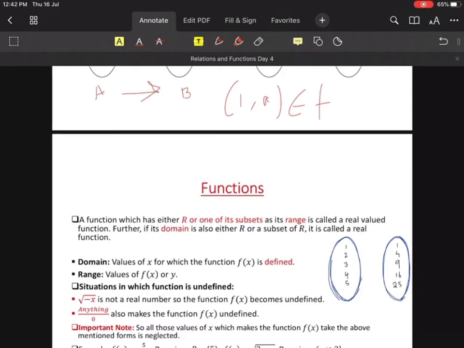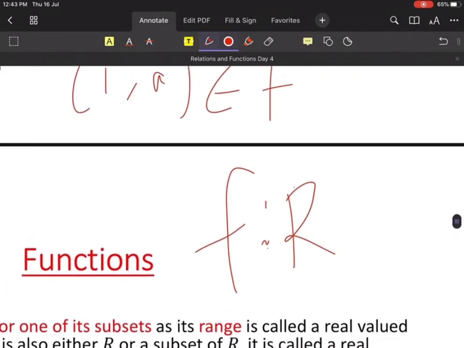Then the function is known as a real valued function. Now look here. Further, if its domain is also either real numbers or a subset of real numbers, it is called a real function. If the range is a set of real numbers, then I can say that one is a real valued function. If its domain as well as its range is the set of real numbers, then we call it a real function. Am I clear? Then I can write the function as f colon